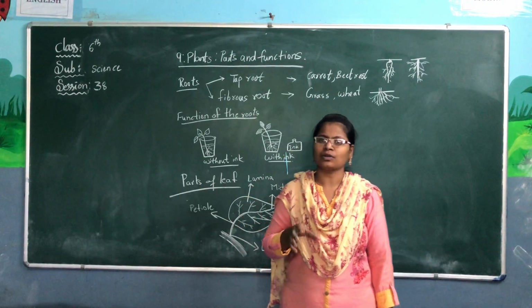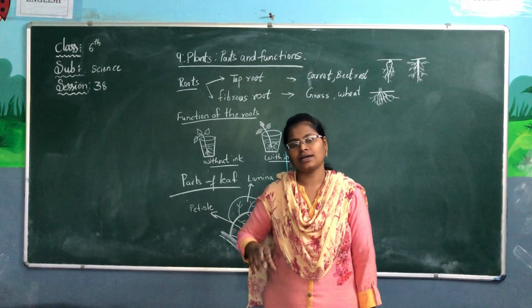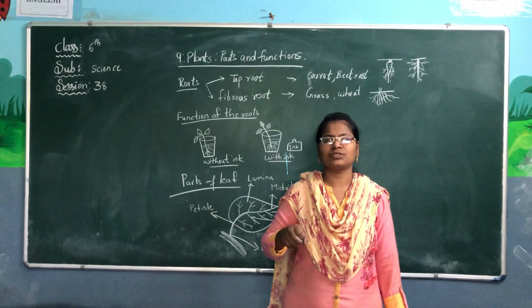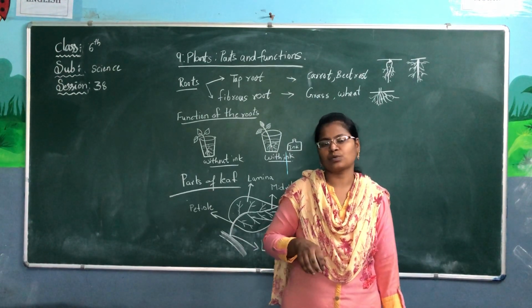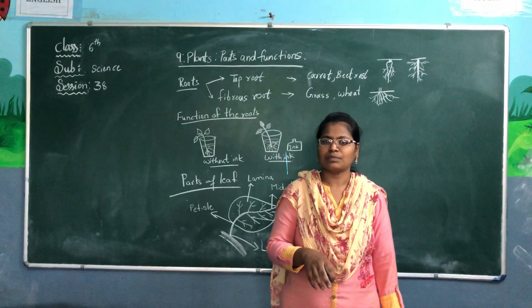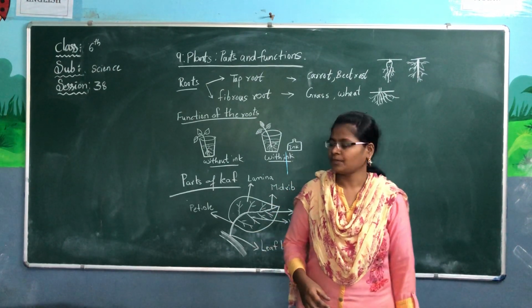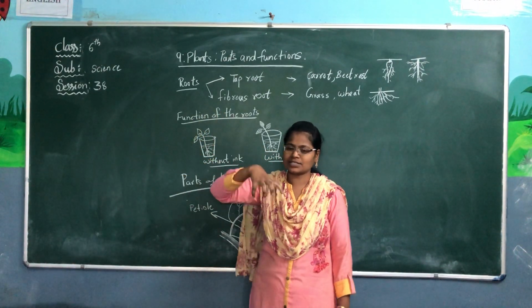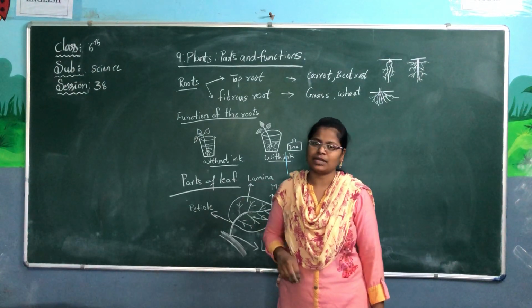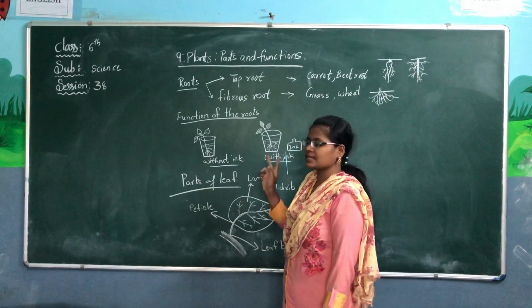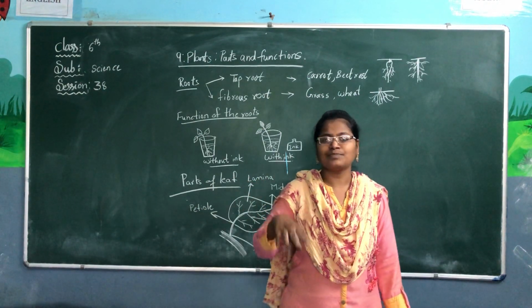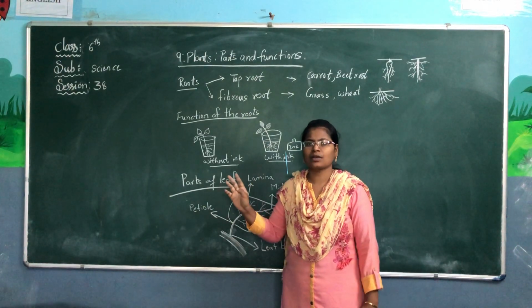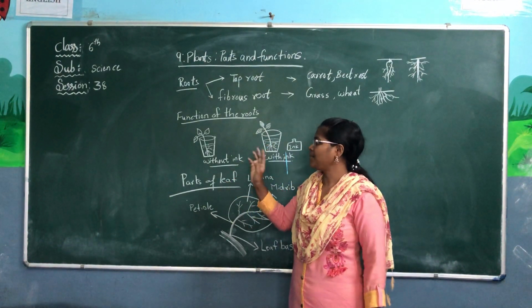Along with water, the soil also contains other minerals, no? Based on the plant type, it absorbs the nutrients which are required for it. It absorbs them along with water. It also absorbs minerals from the soil and supplies them to the plant. The main two things: it fixes the plant firmly, it holds the sand tightly so that it can stand firmly. Otherwise, if any air comes, it will fall down. And second, the root helps in absorbing water and also minerals from the soil for the plant's growth and other purposes.